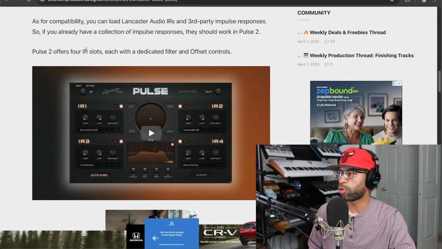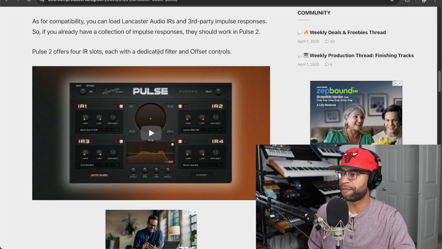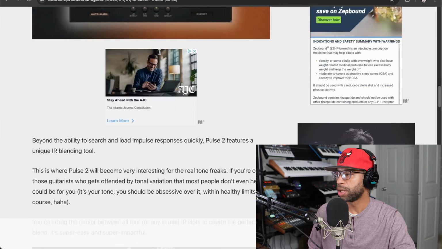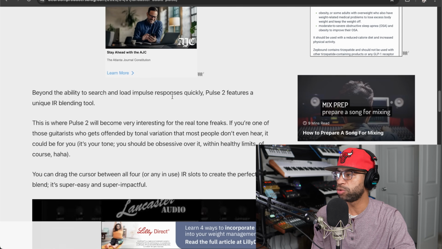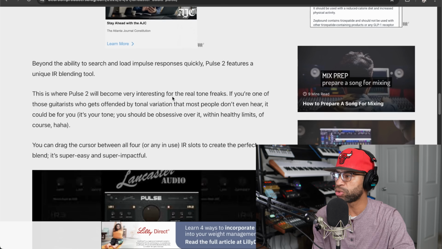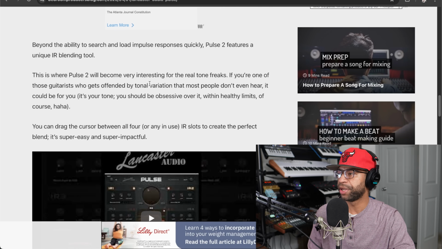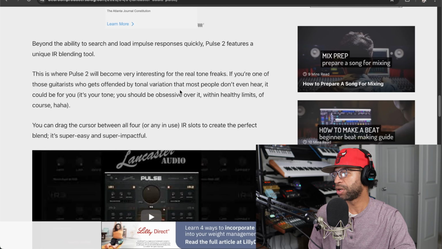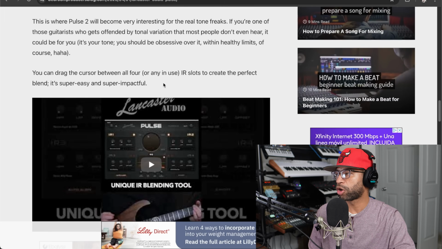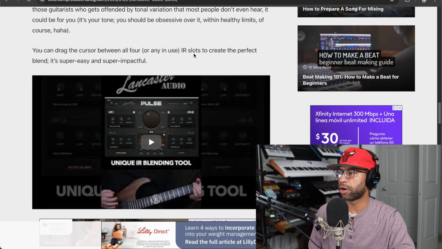Pulse 2 offers 4 IR slots, each with a dedicated filter and offset controls. Beyond the ability to search and load impulse responses quickly, Pulse 2 features a unique IR blending tool. This is where Pulse 2 will become very interesting for real tone freaks. If you're one of the guitarists who gets offended by tonal variation, we don't need to read all that. You can drag the cursor between all 4 IR slots to create the perfect blend, and it's super easy and